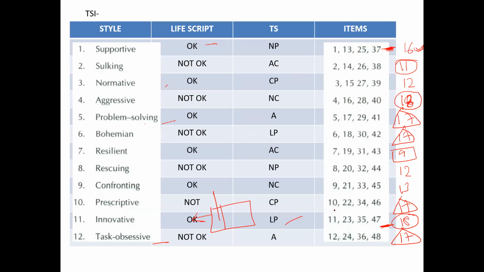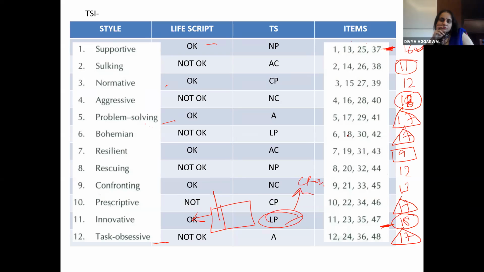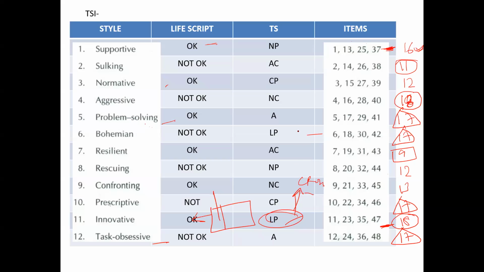So if you can understand that your particular position is actually getting into a cross transaction, you need to immediately switch to another typology. Suppose I am talking to people in this category. So I quickly switch from here to here and I start talking about not okay LP, or maybe I start talking about problem solving A. So that it becomes a parallel transaction. The ground rule is every time a transaction is parallel, it is successful. Every time a transaction is crossed, unsuccessful.